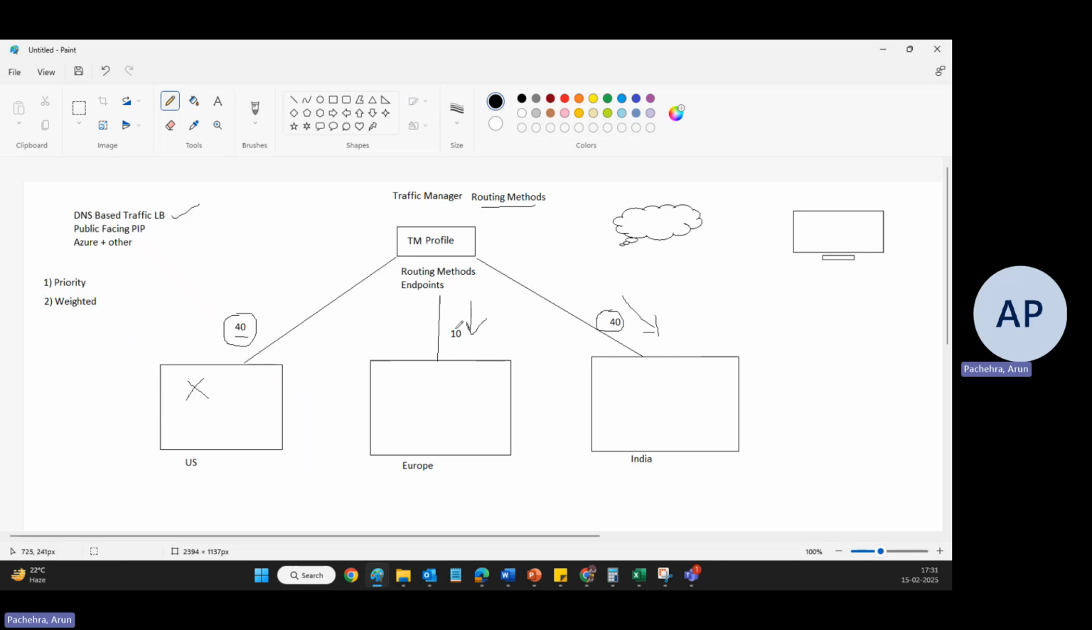So 1 to 1000, and higher weight means more traffic is directed to that endpoint, right? Higher weight means more traffic will be directed to that endpoint. Now you can give 1000 to 1, okay? Then all traffic will come here. Or you could say,